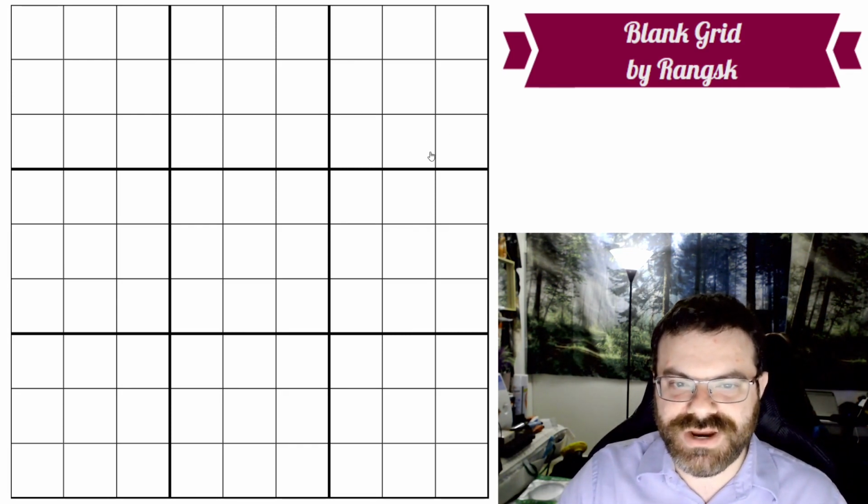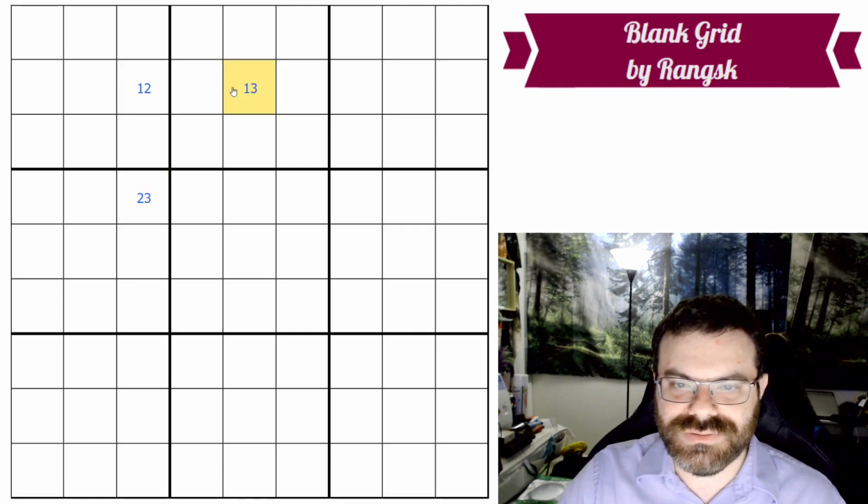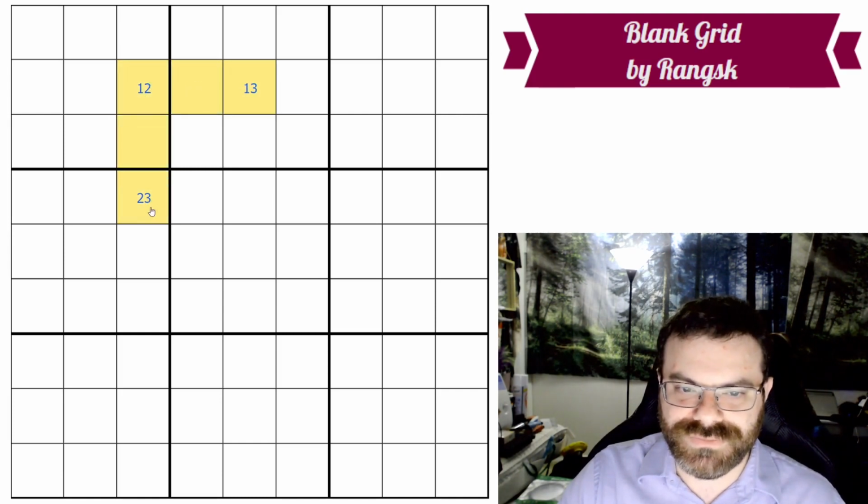Well, I'm going to start with a very isolated example here. I'm just going to fill in some pencil marks and not worry about how we got there. So let's say I have a 1, 2 here, a 2, 3 here, and a 1, 3 here. Well, in addition to the Y-Wing, it's sometimes called the bent triple. And as you can see here, if you take these three cells, they sort of make a 1, 2, 3